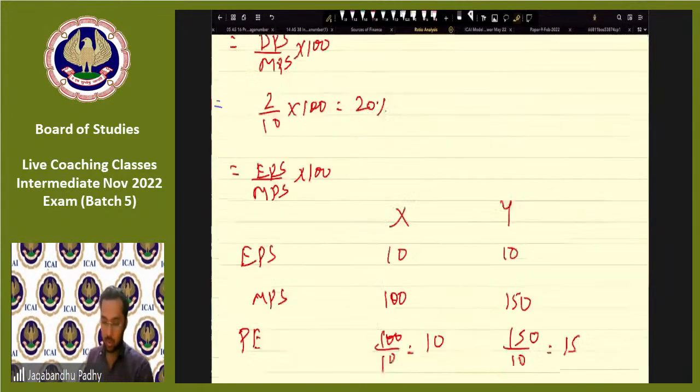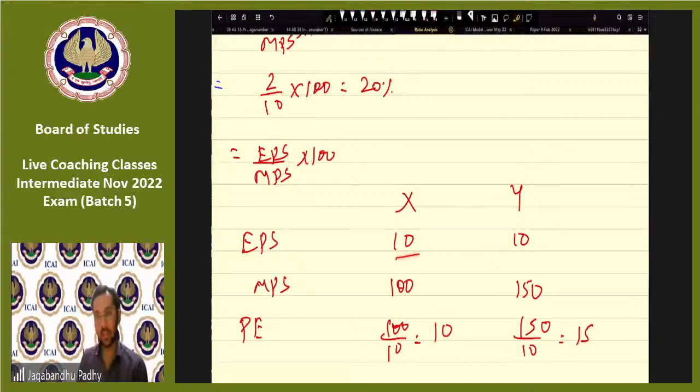Looking at these two companies, they have the same EPS, but the market price of one is 100 and the other is 150. So tell me which of these two companies has a better P/E ratio? If I ask you which of these two companies has better investor confidence, what will be your answer? Out of these two companies, which enjoys better investor confidence, X or Y? It is definitely Y, guys, because